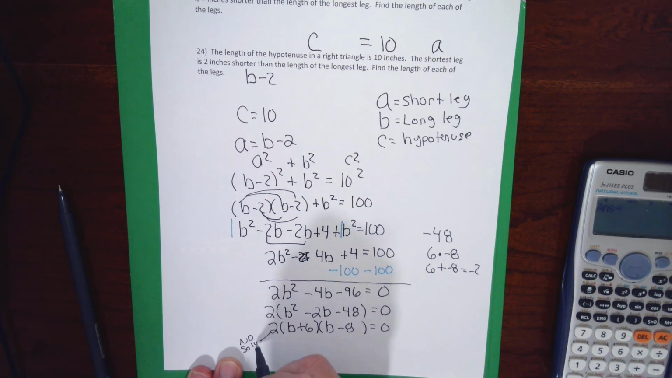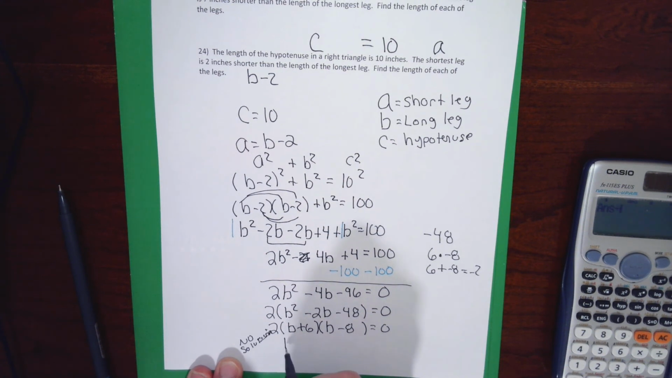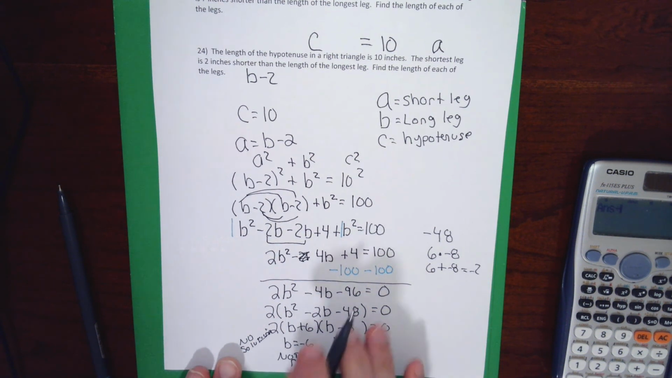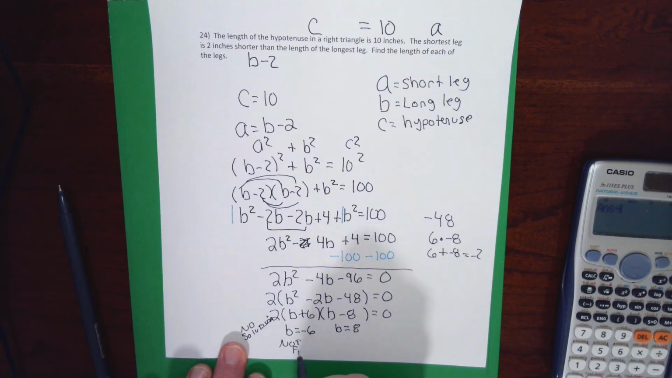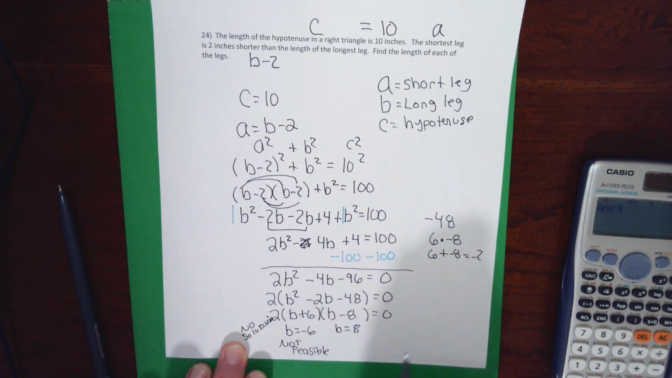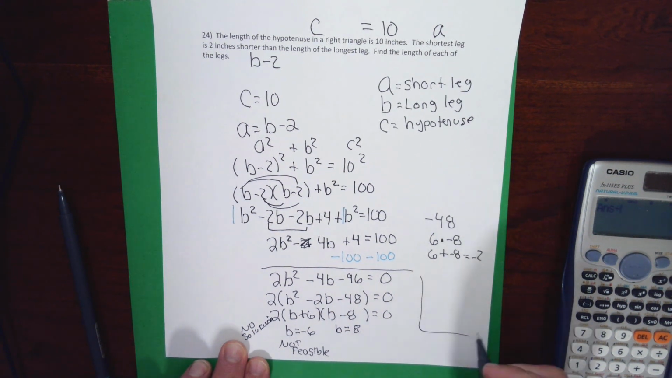The factor of 2, because it doesn't have an x, doesn't give a solution. The factor of b plus 6 gives a solution of negative 6. The factor of b minus 8 gives a solution again of 8. The solution of negative 6 isn't feasible. You can't have negative dimensions. So for the third time in a row, because I need to keep the numbers small and there's only so